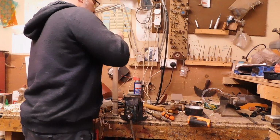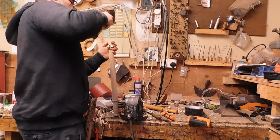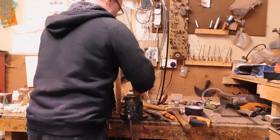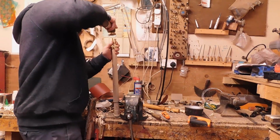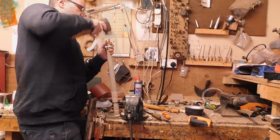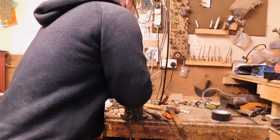Now the next wedges go in. So these are the little wedges either side. Just going to drive this last of the wedges in. And then really, this is the end of it now. We just cut off